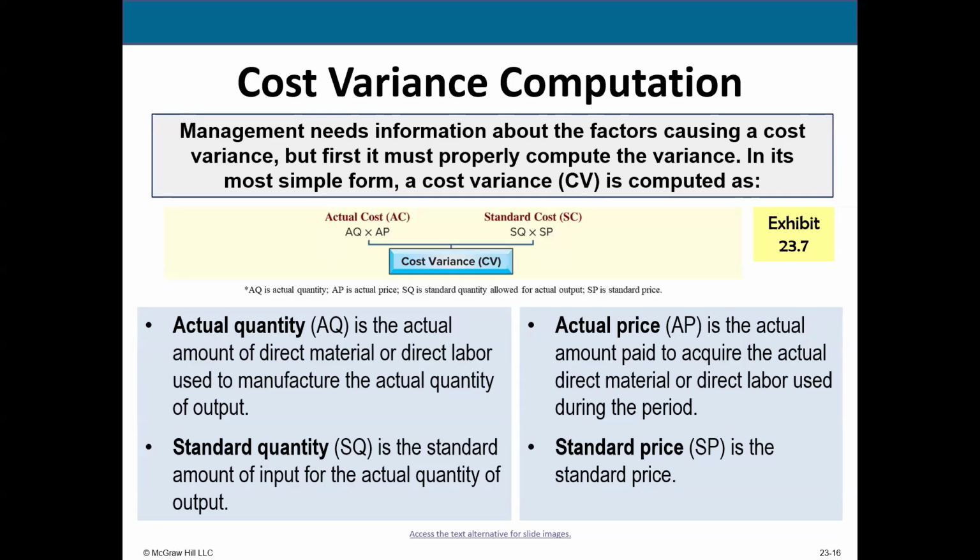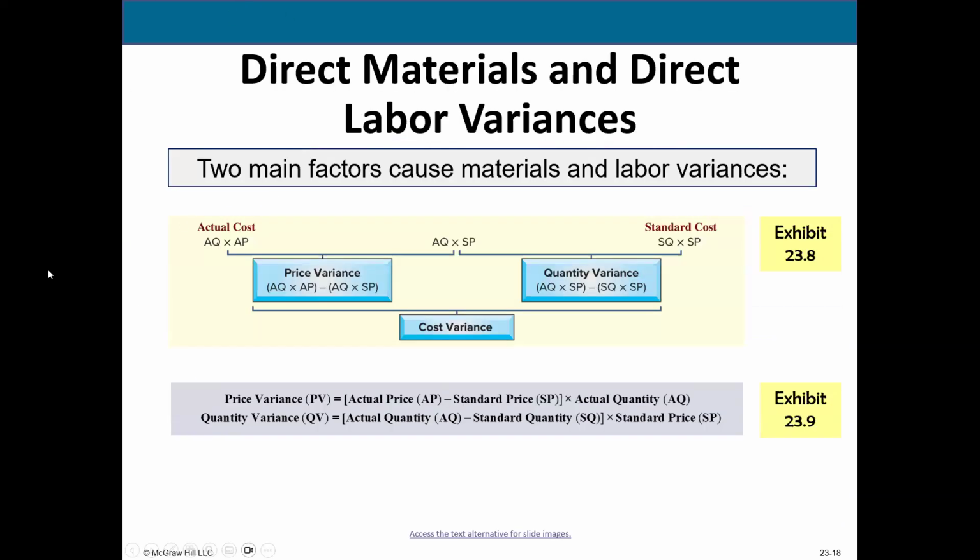So understanding how to compute the actual cost, actual quantity times the actual price, and the standard cost, standard quantity times the standard price, and then just simply subtracting the two, actual minus the standard, is what's going to give you the most basic cost variance. Now, once you have that, then applying that same concept to find your other variances is going to be key. So finding that middle piece is also very important, actual quantity times the standard price. That helps you to compute your variances more accordingly.